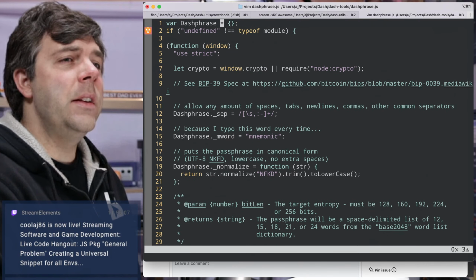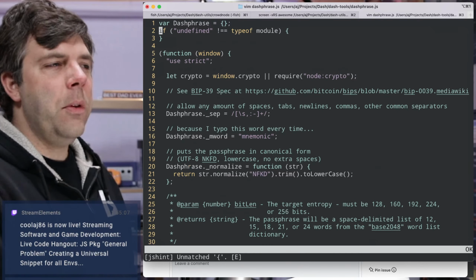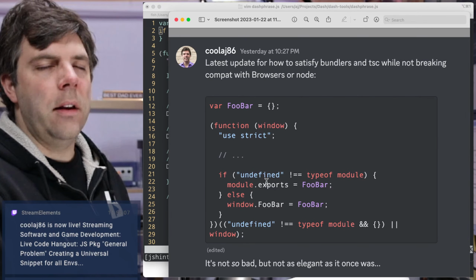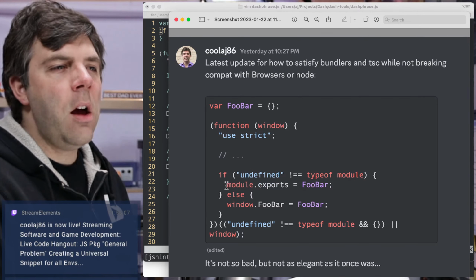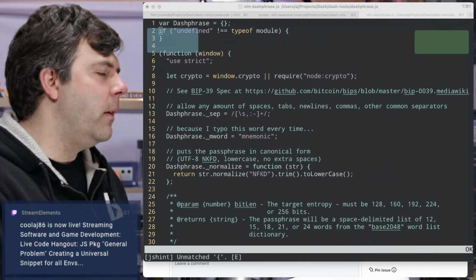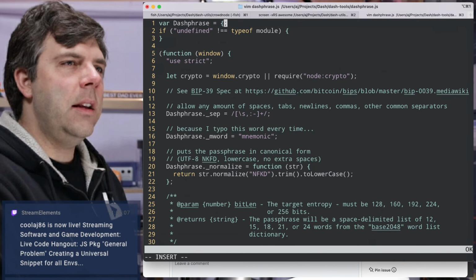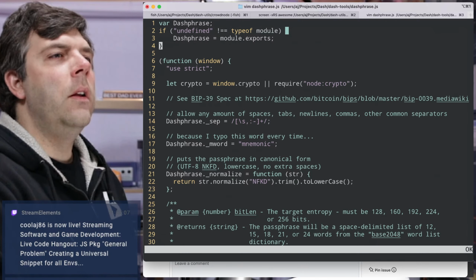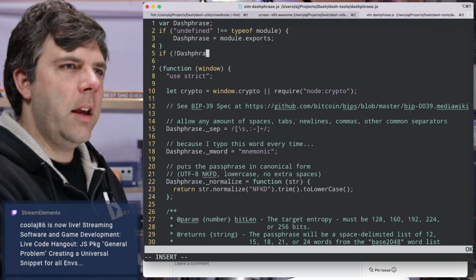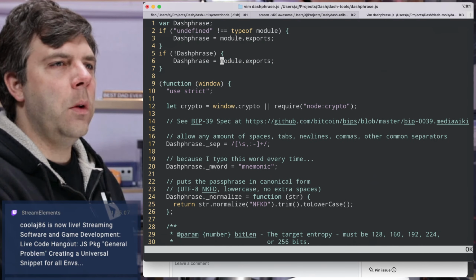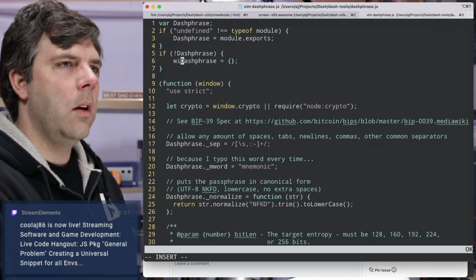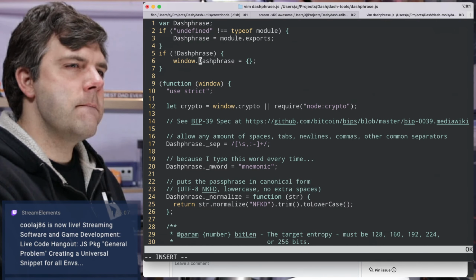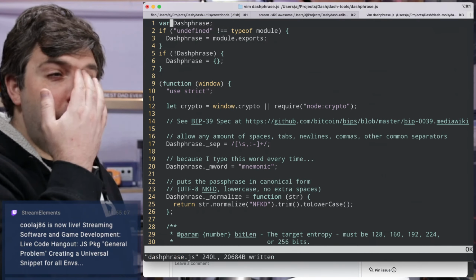So what I want to try is, because the one problem the example that I'm showing here doesn't solve is occasionally you get modules that have interdependence and they have a circular reference, and this will not work for that type of modules because you cannot write the module.exports if you want it to work for a circular reference. So that said, I think I need to let dash phrase and then either say dash phrase is equal to module.exports, or if not, dash phrase is equal to object. I think that these both will work,